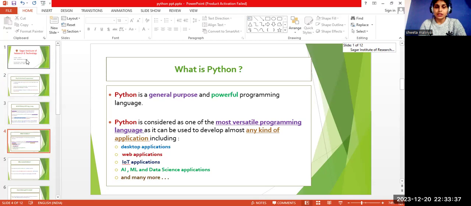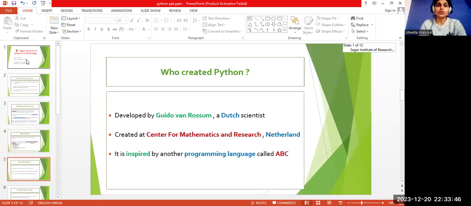We can do research and many more things in the AI ML area with the help of Python, because the code is so short.